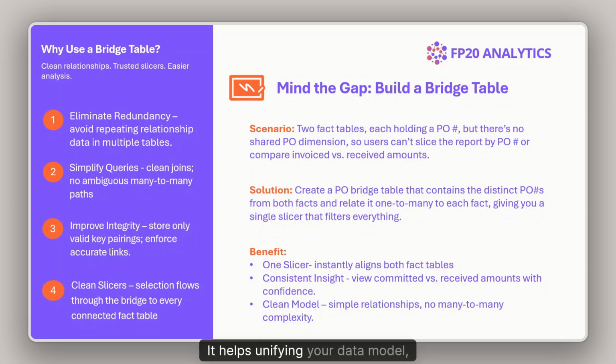It helps unify your data model, clean up slicers, and create consistent insights across related but separate fact tables. And even though today we looked at the PO as an example, this same technique applies to other real-world situations, like handling type 2 dimensions where history matters, or managing many-to-many relationships, like students taking multiple courses or employees assigned